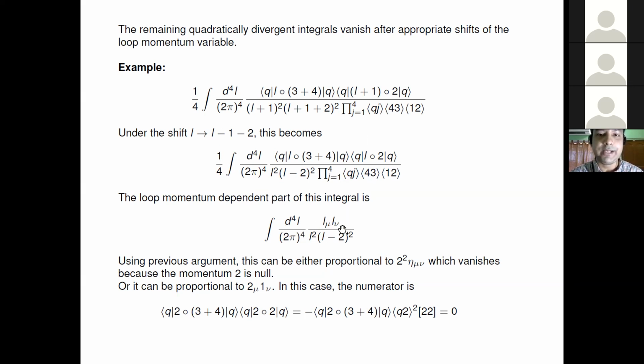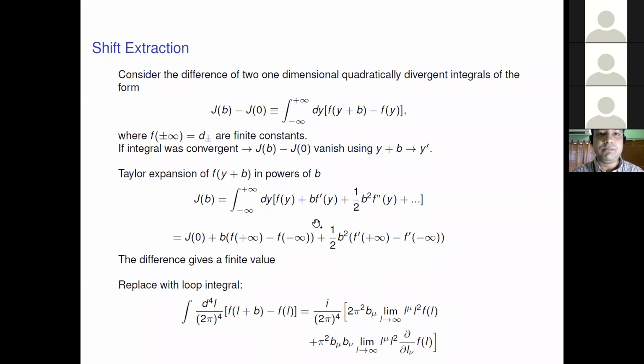is proportional to L^μ L^ν, and this again can be proportional to either 2² η^μν, which vanishes because the momentum 2 is null, or it can be proportional to 2^μ 1^ν. In this case, again, according to the previous argument, it vanishes because of the spinor bracket contraction. So what we do is to consider these shifted integrals, and we perform a calculation of the shift. So consider these two